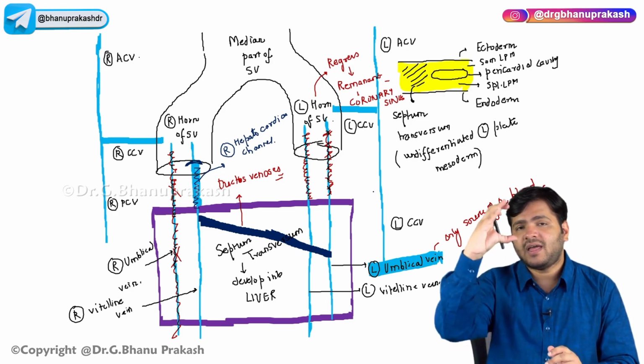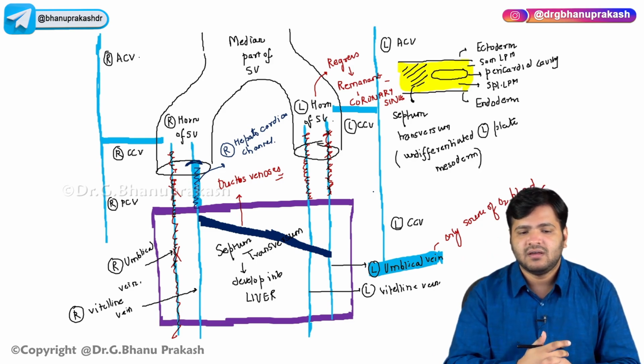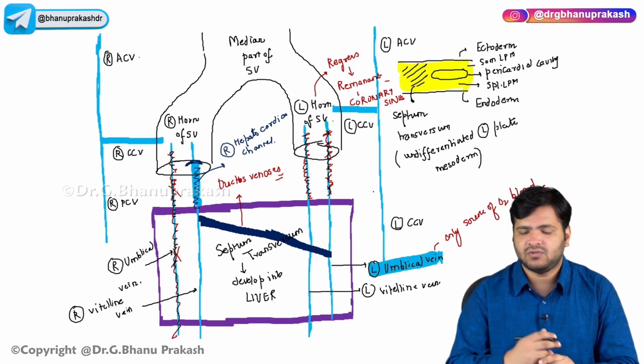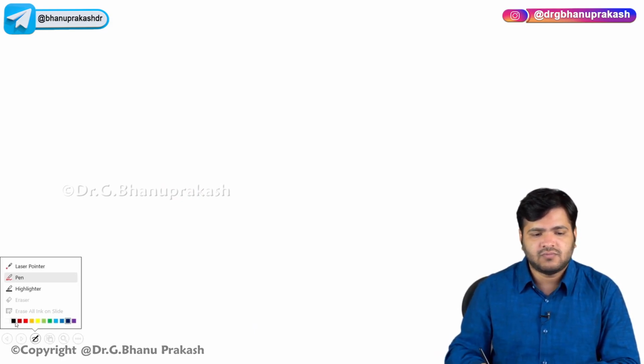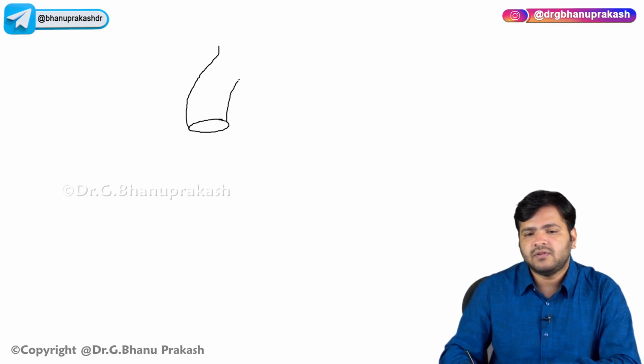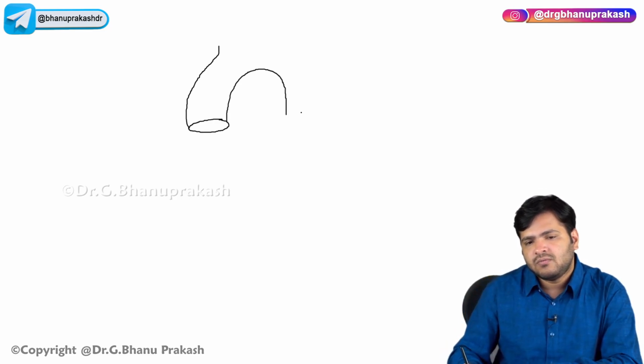Between the developing liver and the developing heart, only this connection is left over here, because the right umbilical vein will disappear. So if you want, I can draw a diagram to show you what is actually left. You already know that we have this right horn of the sinus venosus,